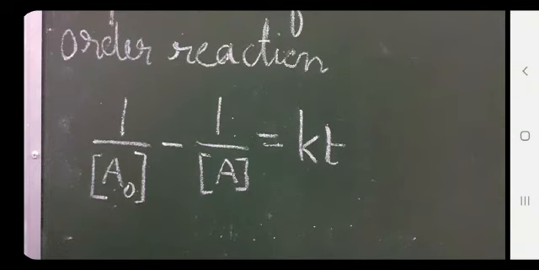After that we will discuss the graphical equation of this one. So on the basis of the graph also we can determine, with the help of the graphical method, whether the reaction is a first order, second order or zero order reaction. But here we have one more thing, that we know that there are many types of reactions.